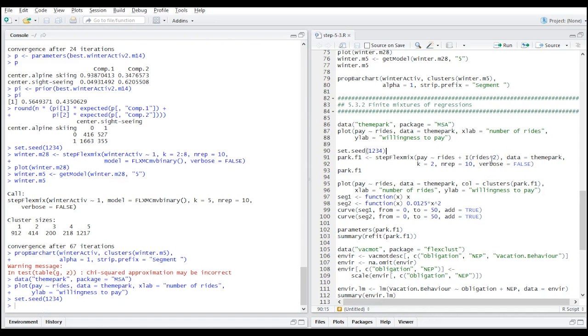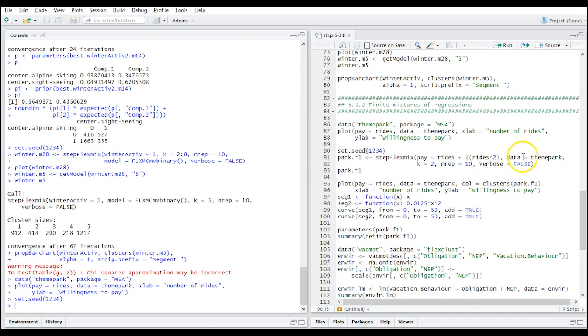Because the additional value depends on how many we already have, so the marginal effect changes, we model this using a squared term for rides. And in R, we can say rides to the power of 2, and we need to protect it